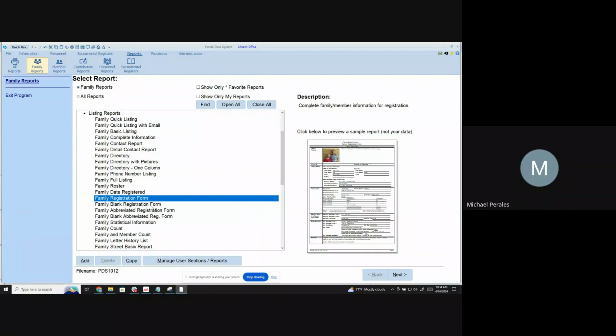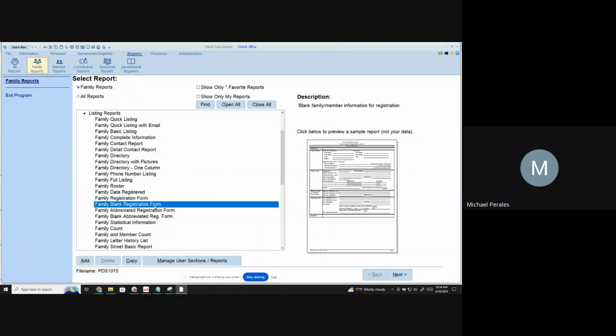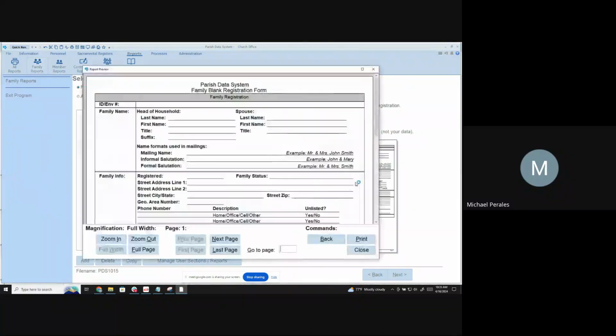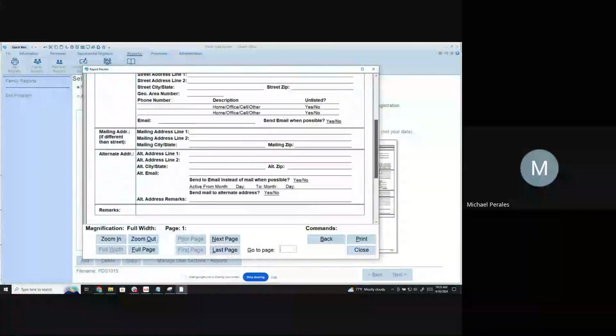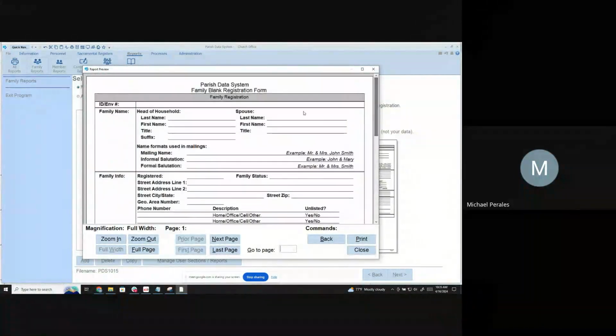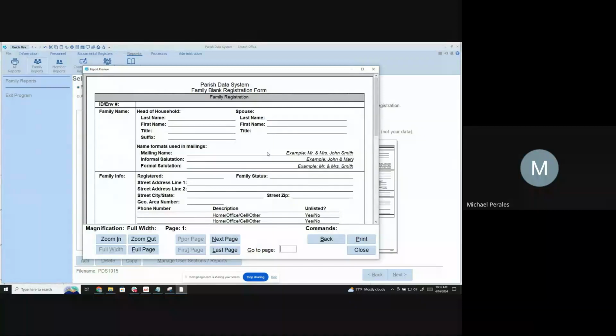You have your blank registration form. Let me just click on the preview for that one. So this is going to give you a blank page. You're going to hand this to any new parishioners and have them fill it out, and again return that back to you. Again, a very manual process to get that data in, but